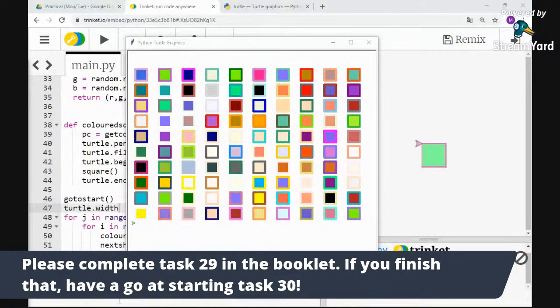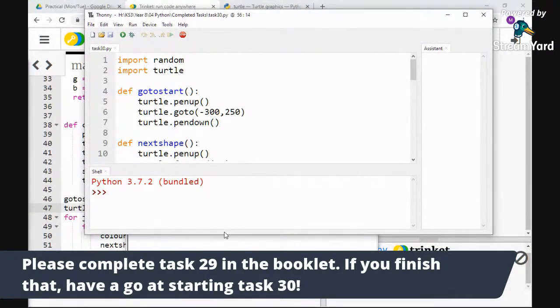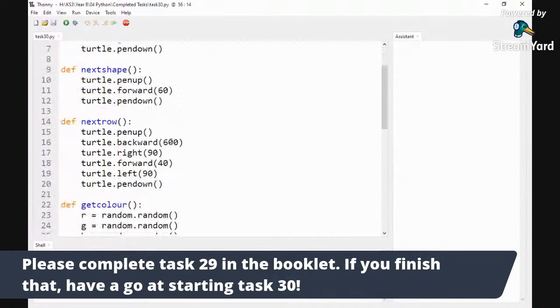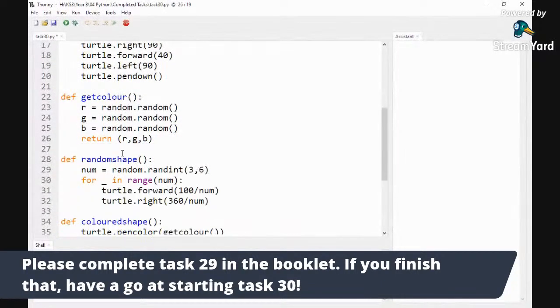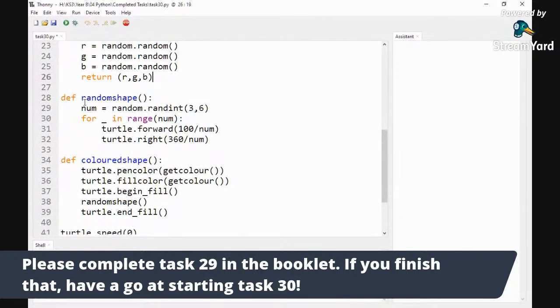It should be really straightforward. Okay, let's go. It's not showing up. There we go. So this is my code for task 30. Okay, go to start, which we've already used, next shape, which we've already used, next row, get color. So I've got my RGB values, which is the quickest way of doing it for the most amount of colors. So this bit here is something new, where I'm creating a random shape,